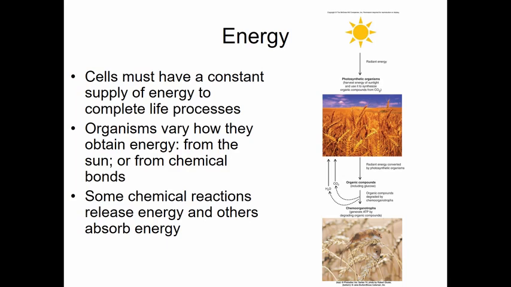So energy from the sun, plants, for example, do photosynthesis to harvest that energy. It allows them to grow. What do we do? We eat the plants, and we take the chemical energy, and then we use that to grow, okay? Or divide or to maintain ourselves. So you have to have a constant supply of energy in order to maintain life processes.